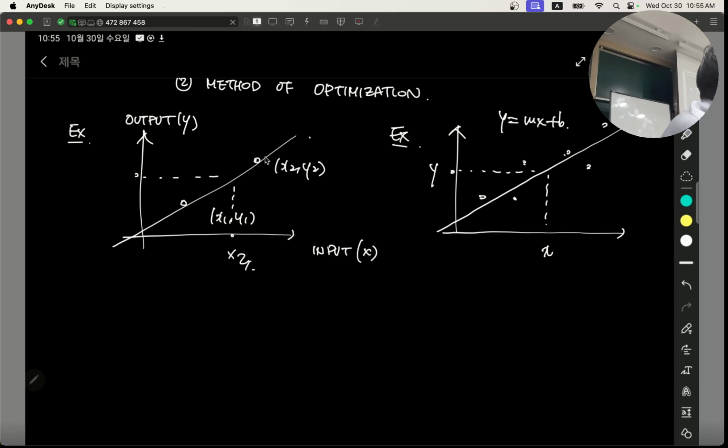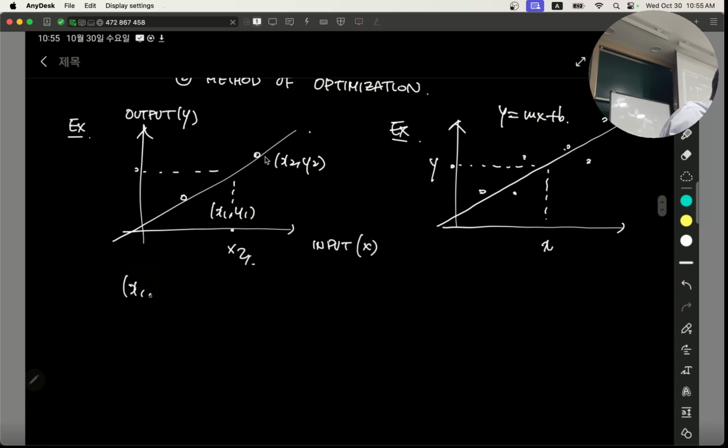Maybe the error comes from experimental errors or other means. But anyway, these numbers are simply not ideal numbers; the data set is not ideal. Ideal numbers are ones that lie on the line. So we say (x1, y1) up to (xn, yn). These are the data sets,